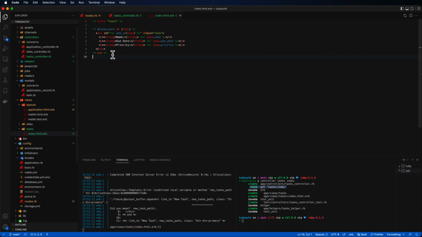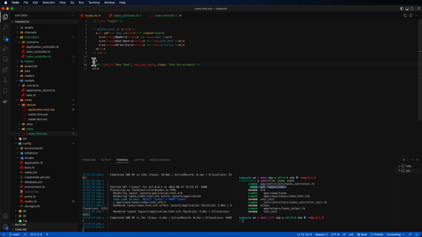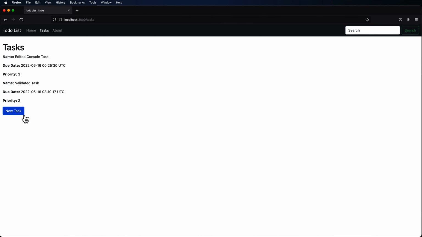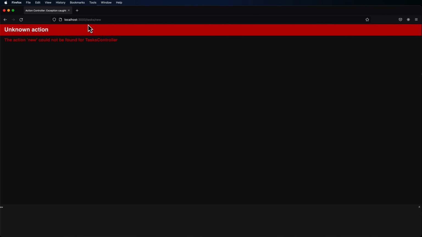Next, let's add a link or a button here to create a new task. So back in our tasks index view, we can add that link in by using the link to helper. And this will go to the new task path. And this is another helper, just like the tasks path. This is another helper that will generate the link to create a new task. And we can also style up this link and make it look like a button instead of a link by adding the button class and the button primary onto it. And we'll also surround it in a paragraph tag. And now we have the new task button right here, and we can click on it, and you can see that the URL is